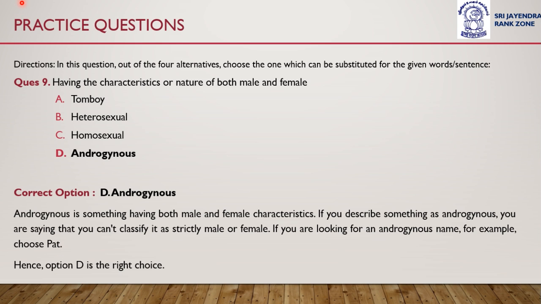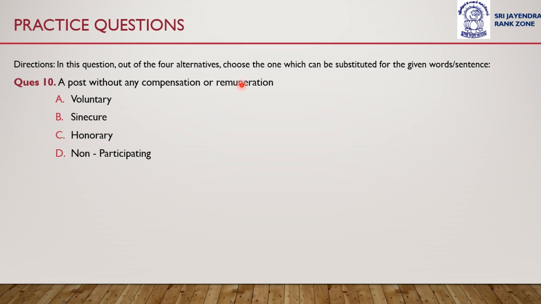So it will be difficult to distinguish whether a person named Pat is a male or female. Hence, this name is an androgynous name. So androgynous is something having both male and female characteristics. Alright. So hence option D is the right choice. Option D, androgynous, can be used to define having the characteristics